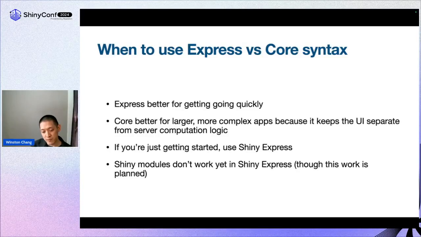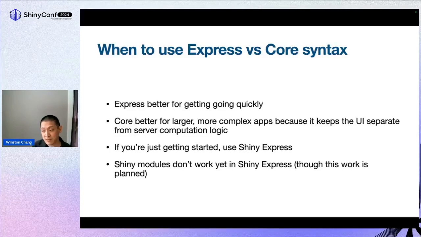And if you've worked on larger scale software, you know that as stuff gets bigger and more complex, you need to impose more structure in order to be able to wrap your brain around it. So Shiny core syntax does that, and so it is better for creating larger, more complicated apps and keeping them maintainable. But if you're just getting started, use Shiny Express, and our introductory documentation now